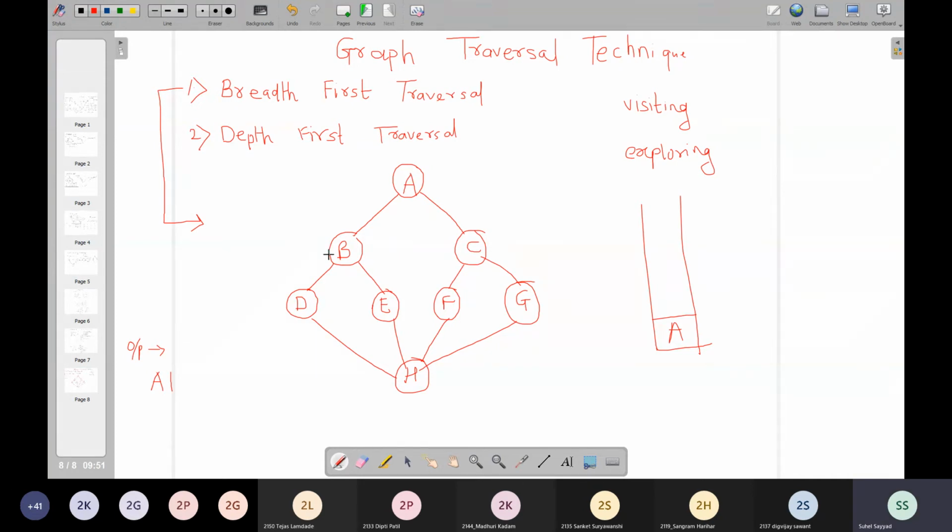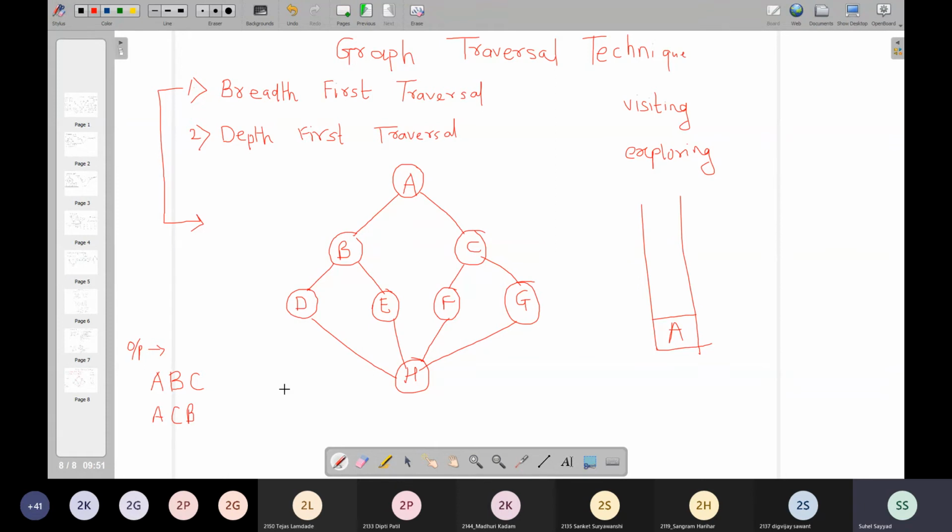My first linked list is the adjacency of A, so from that I'll get data B and C. But I told you that whenever I store my adjacency list, I can store either BC or CB, because the sequence is not important. So ACB is also a correct answer.